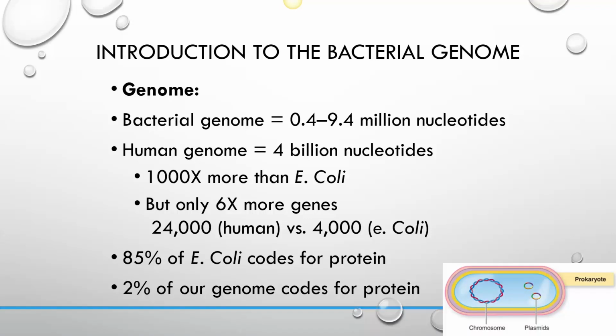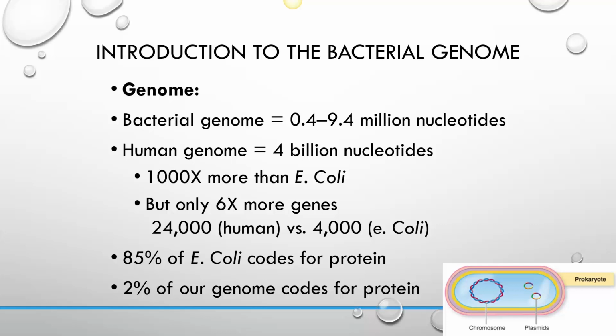So first, an introduction to the bacterial genome. A genome is the complete collection of genetic material in an organism. The bacterial genome is 0.4 to 9.4 million nucleotides depending on the species, but the human genome is 4 billion nucleotides. Now for an exam, I'm not going to make you memorize any of these details. You do need to know the definition of a genome, but other than that, this is just kind of interesting